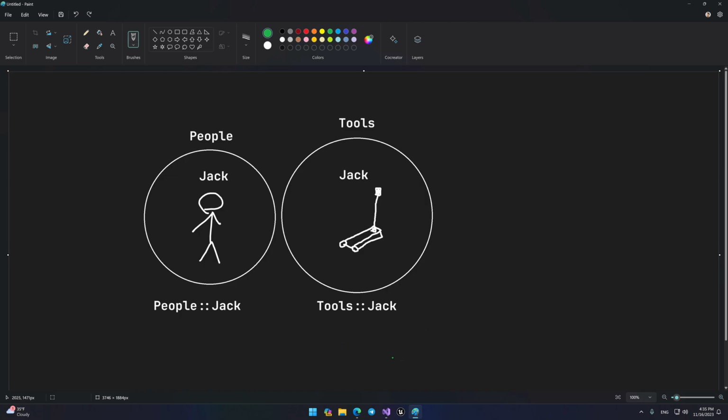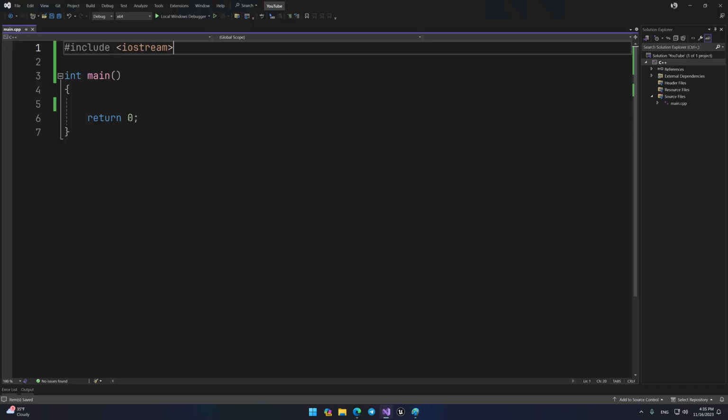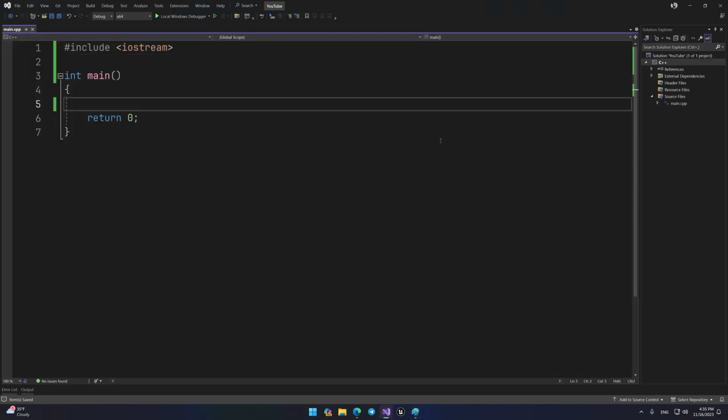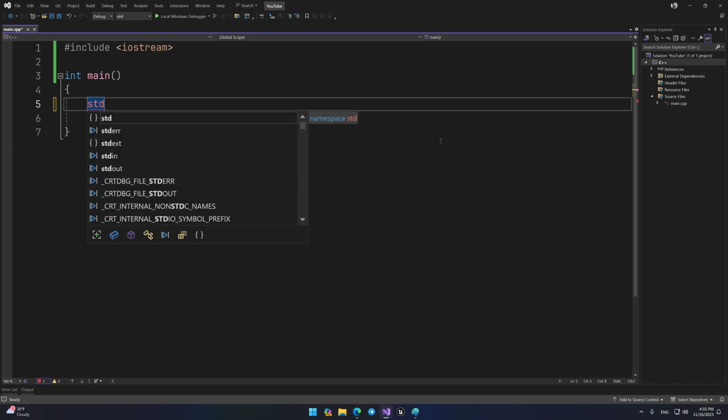I'll talk about them in more detail in a separate lesson. By now, you should know that most of the tools in the C++ standard library are in the std namespace, which stands for standard. That is, every time you use tools of this space, you'll need to specify its name, std. There is a workaround for this problem, but I'll cover that in the lesson about namespaces.